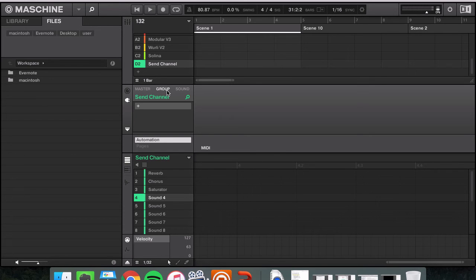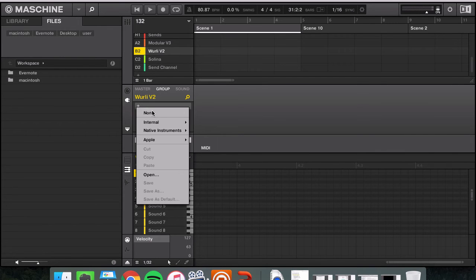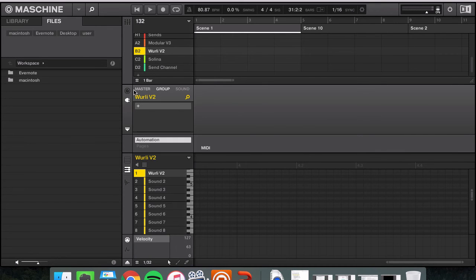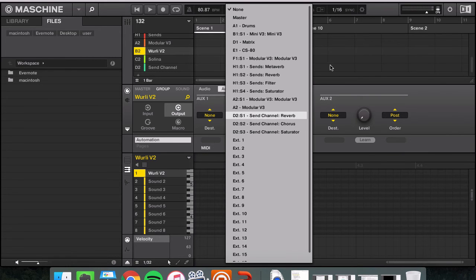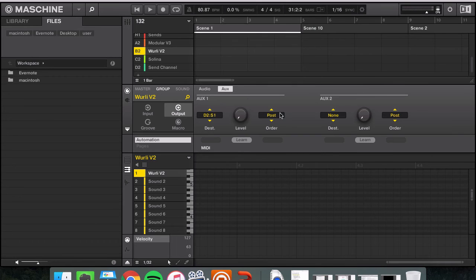All right. So instead of applying a reverb on each individual sound and then setting them up, I can just route my sounds through a send channel. In the click of a button, I get the same exact effect. I'm utilizing less CPU, and I'm making it easier on myself. All right, cutting down dramatically the amount of time that it takes for me to mix my songs. All right, so send channels help you mix drums and everything inside of your beat. So look up more on send channels. That'll dramatically cut down the time it takes for you to achieve the professional sound that you want.